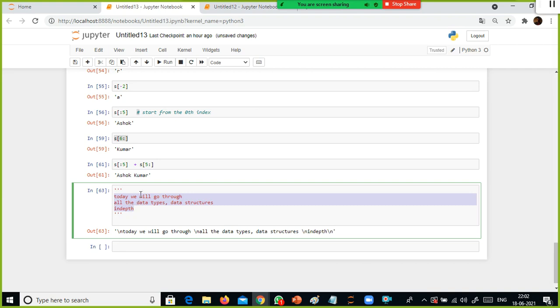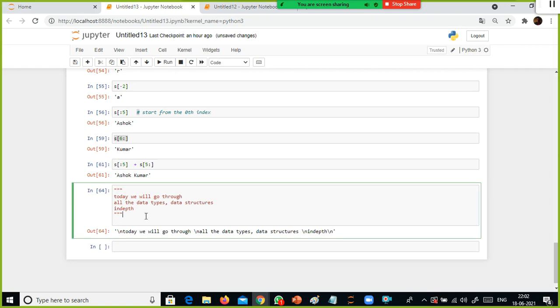So all you have to do is begin with three single quotes and end with three single quotes. Or else, I think double quote also will work. I usually use single quote.